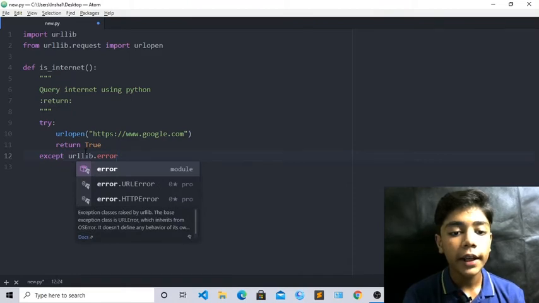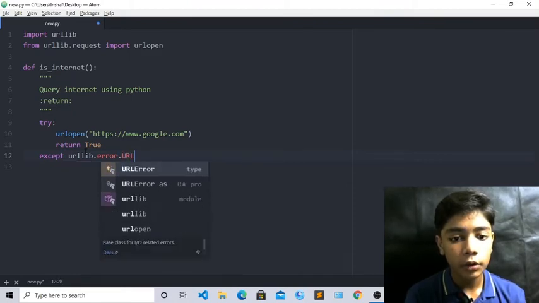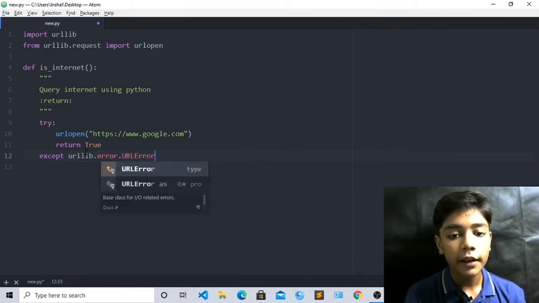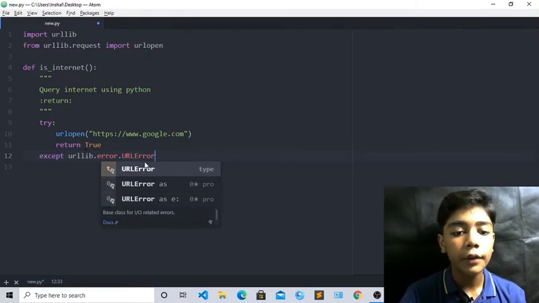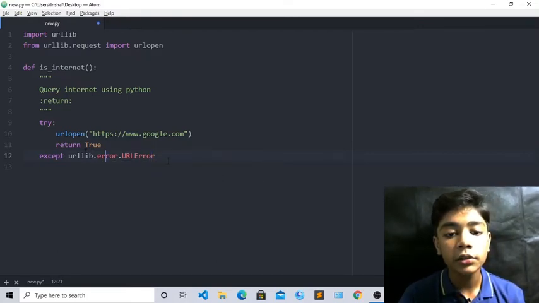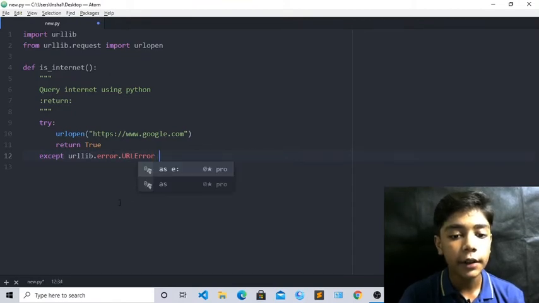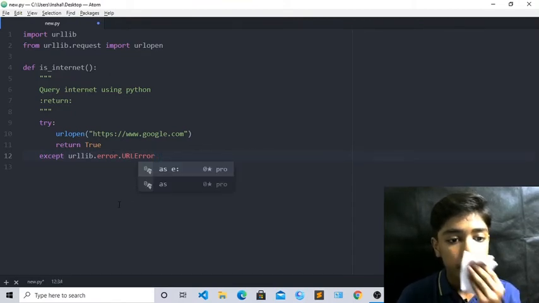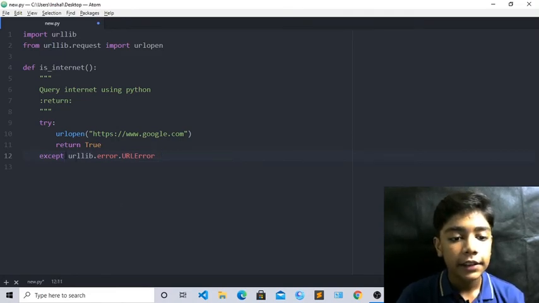Because we have to define that if the internet is disconnected, there will be an error, and it will come as disconnected. Now when you have written except urllib.error.URLError, you have to write as error.